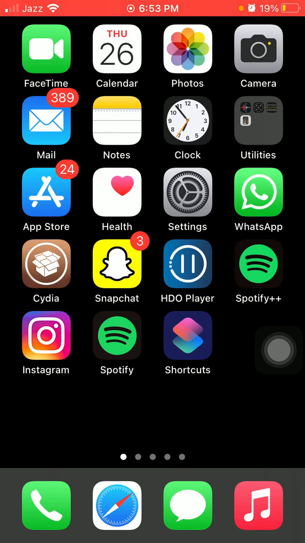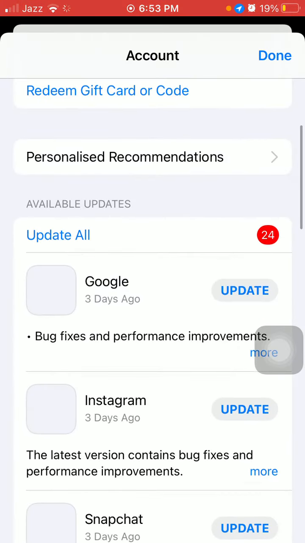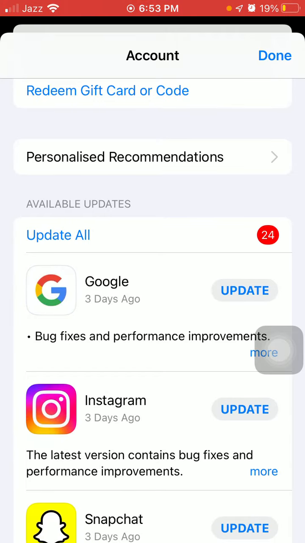The first thing that we have to do is tap and hold the App Store and tap Updates. Now check the list. Is there any update available for Instagram? If there is, then we have to update the Instagram app first. Or